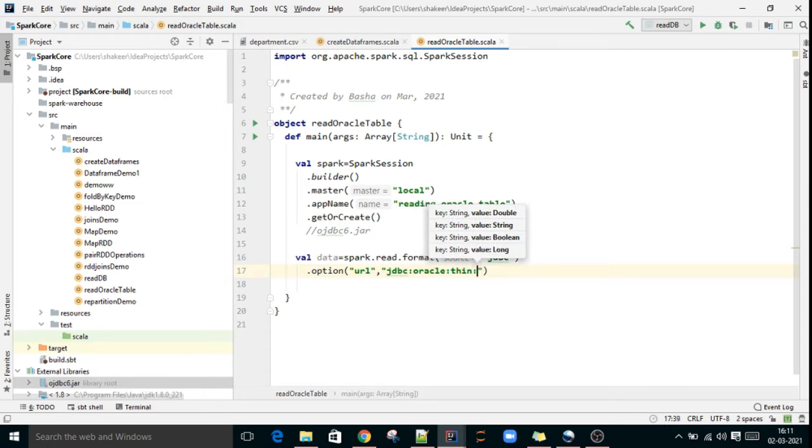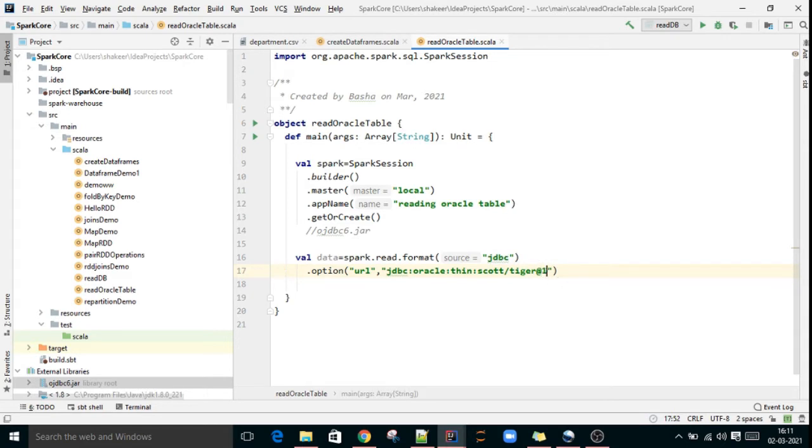Not only here, from any other framework, if you want to connect to Oracle, this is the standard URL. Then username and password: I want to connect to the scott schema, password is tiger, @ server name. The host name we have to give.